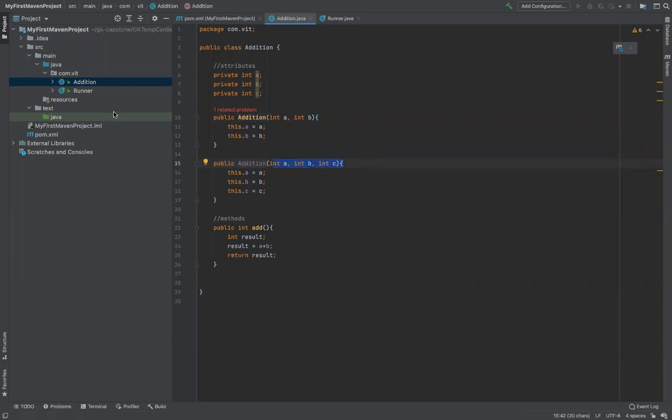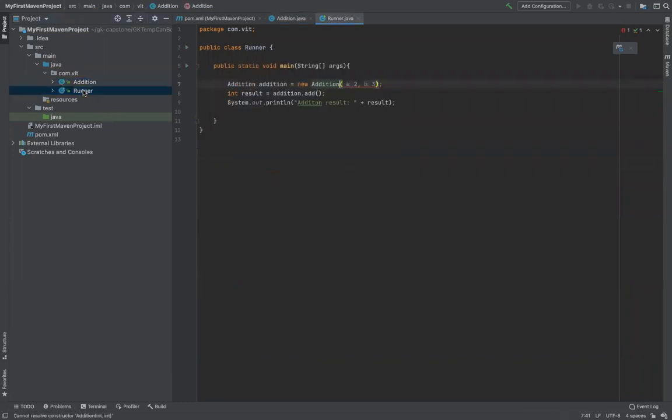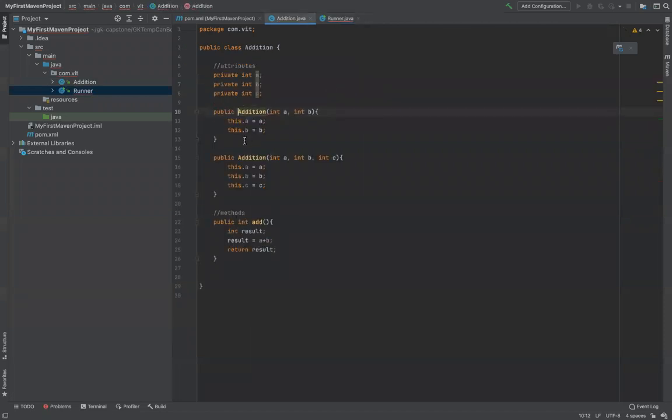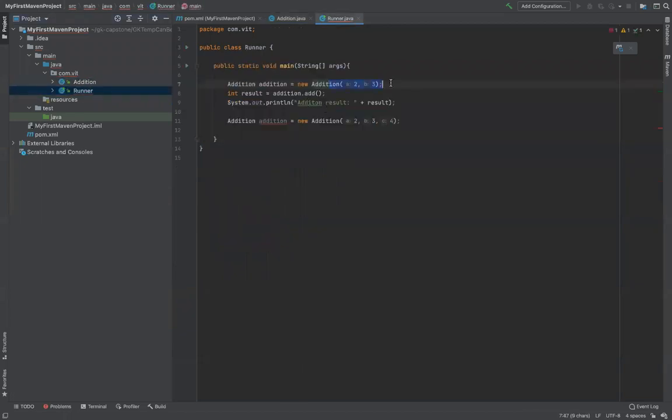So if I want to send two, then I will simply say this. If I want to send three arguments, I will say this. So the idea is when the compiler runs this line, it's going to call this method, not this method, because I am only passing two arguments.